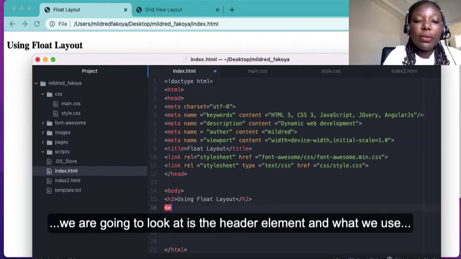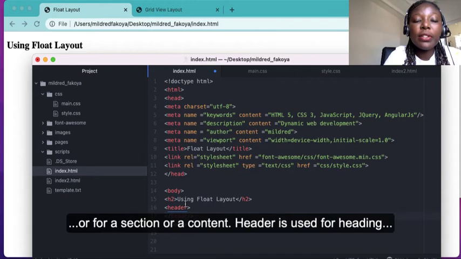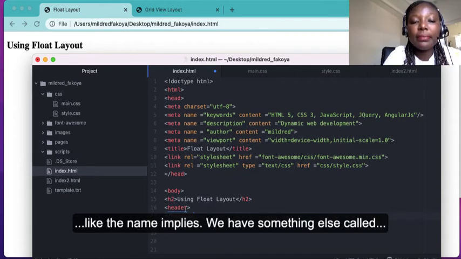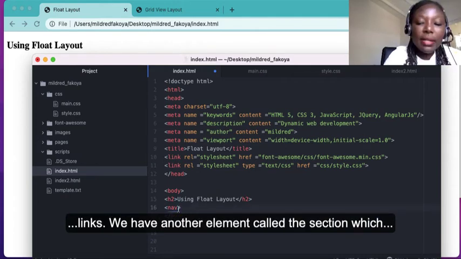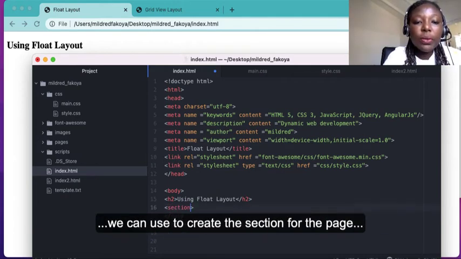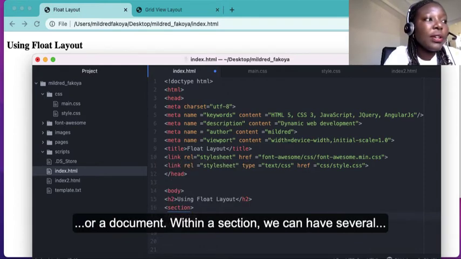The first we are going to look at is the header element, and what we use this to do is to define a heading for a page or for a section or a content. Header is used for heading like the name implies. We have something else called the nav, which is a container for navigation links. We have another element called the section, which we can use to create a section for a page or a